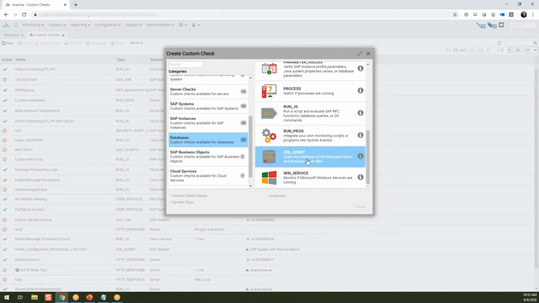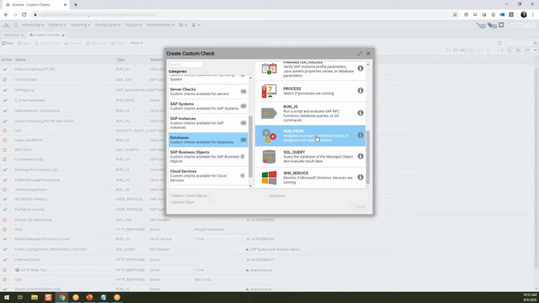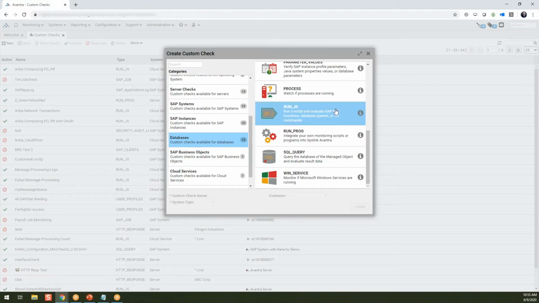First off, we've got a SQL query, which means you can go in and run different things at the database layer. You can run from a program. So whether it's an OS level command, maybe you've got a shell script you can bring into Avantra or run on the operating system. We can do some very powerful things here. This could be SAP or non-SAP related. And same with